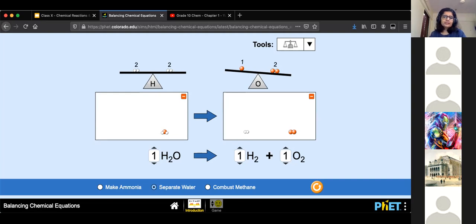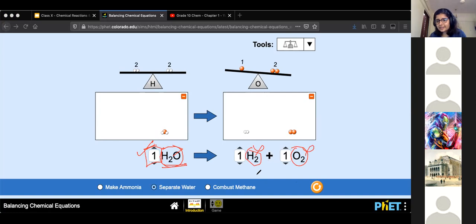Anirban, don't change the equation itself. See what you can do on the screen. You can't change the formula H2O, so this should remain as it is. You can't change H2. You can't change O2. The only thing you can do is change the number before it. This part is the only thing you can change. All of these remain constant. So don't change the equation.